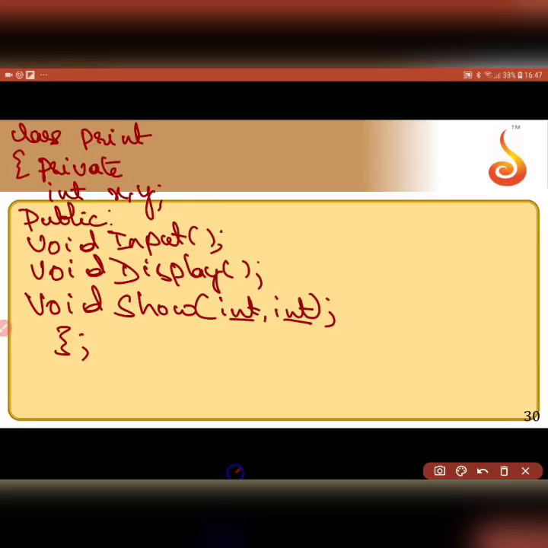So, it will have 2 integer formal parameters, but it is not going to return anything. So, these are my functions input, display and show. x and y are the data members and these are the member function declarations. So, make a note of this. We will write each one.